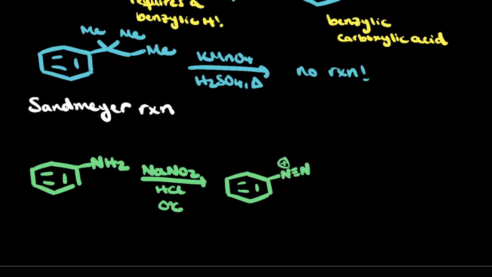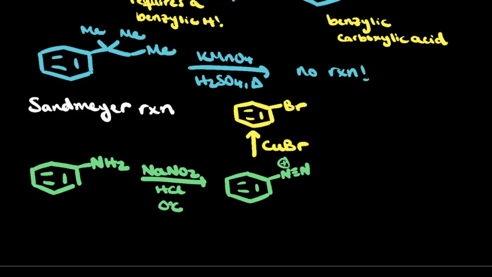Okay, and then what's nice is that you can use this diazonium ion, which then forms a very unstable phenyl cation, and you can replace it with whatever other intermediates you want. Okay, so some common examples of these are, let's say you were to use copper bromide. You can replace it with a bromine, which you might be asking, wait, Juan, that's probably not